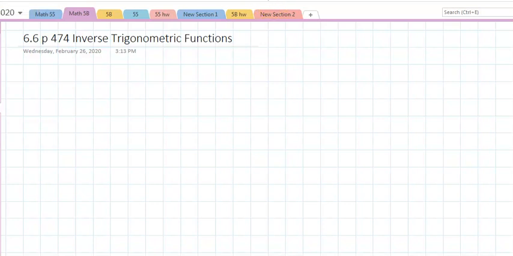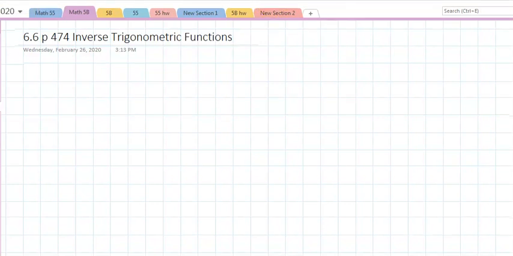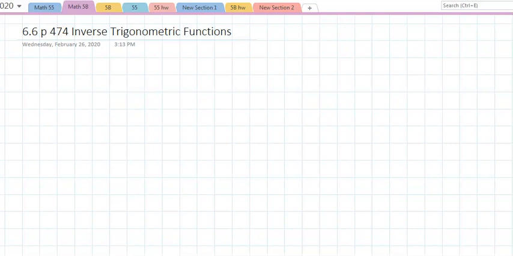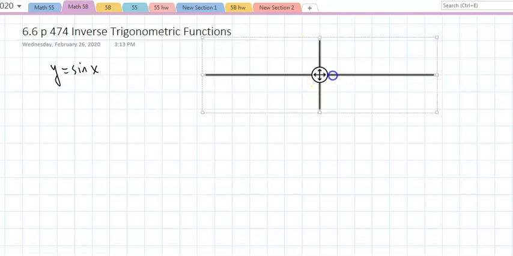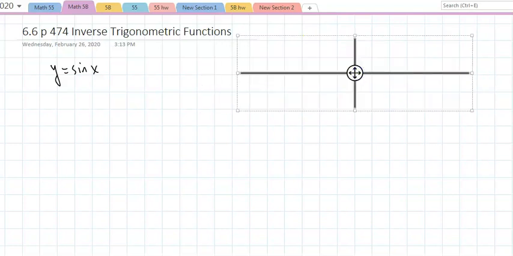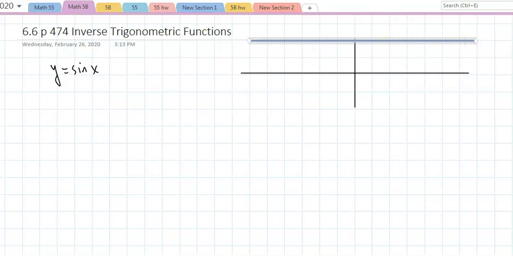Okay, now the following section 6.6 talks about inverse trigonometric functions. I'm going to start with y equals sine of x. This is a quick review of why we're doing this and why it's important for you to keep the answers matching. If I look at the graph of y equals sine of x, if I go up to y equals 1 and come down to y equals negative 1,